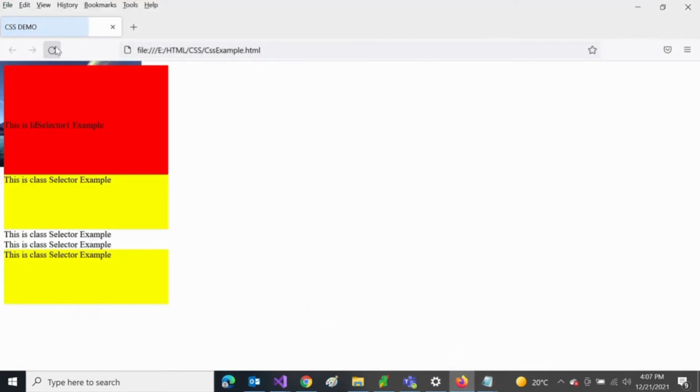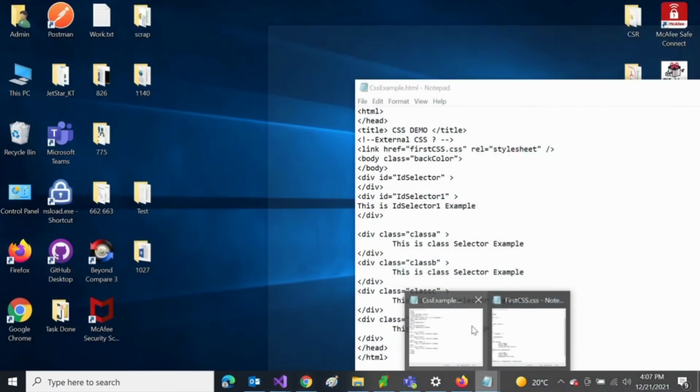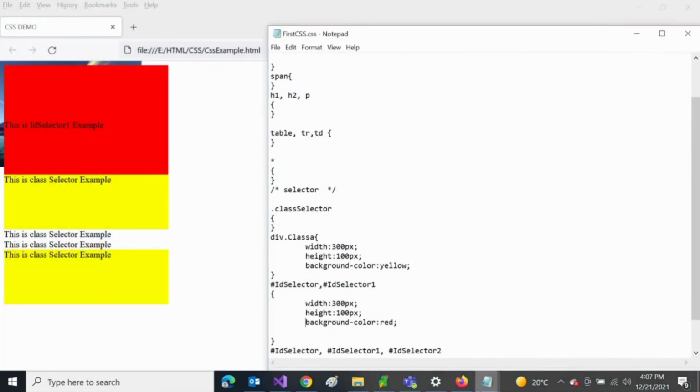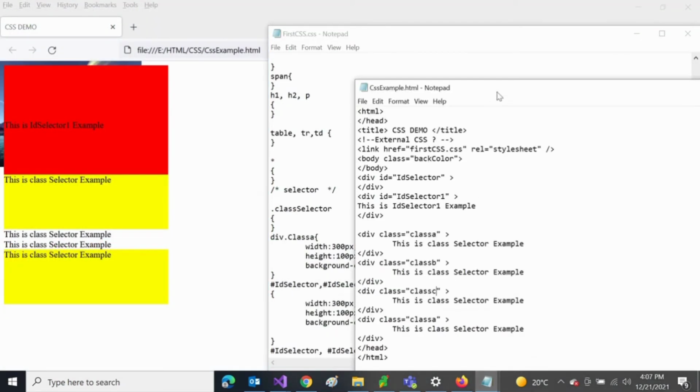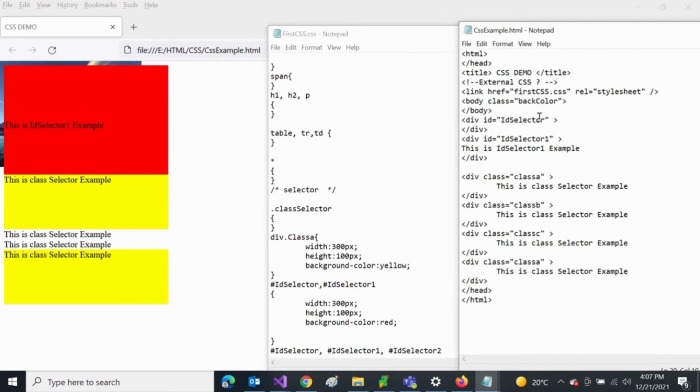So guys, save it and refresh it. You can see that the first selector 1 and the class A divs are getting the css accordingly, right? So you can do it and experiment on your own.